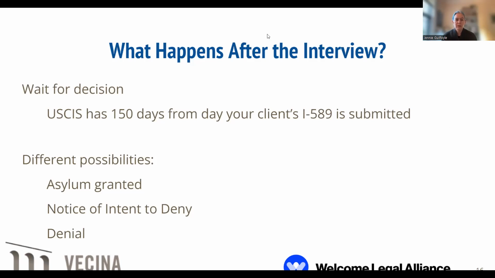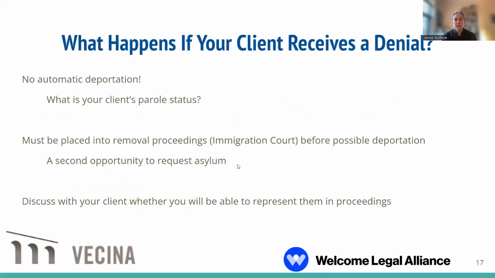But if USCIS feels that they can't grant asylum, at this point, for an Afghan evacuee, USCIS would issue something called a notice of intent to deny. And that's what they issue when someone is in a lawful status and they intend to deny the case. If someone's out of status, they would be referred to immigration court. But the Afghan evacuees all still are in parole status, since the first folks only ended up here in the United States starting in August this year.